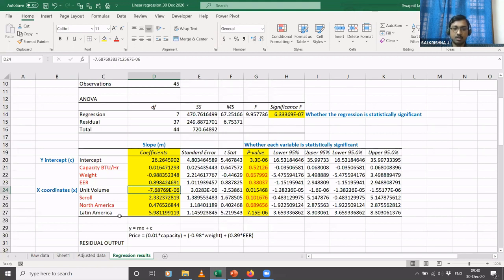Similarly, for Latin America, it says 5.98, but note that here it is a positive sign. So what does this positive sign indicate? When you purchase the compressor from Latin America, the cost is $5.98 more. So that is what this Latin America coefficient or the Latin America slope indicates.